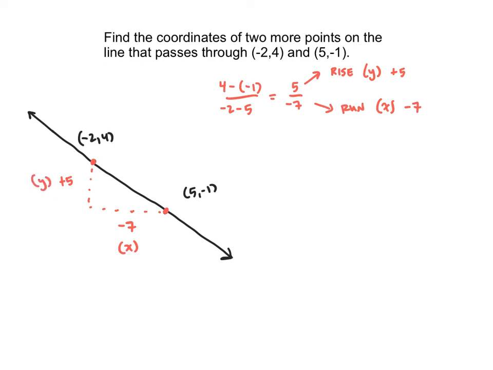So I could do that again, and that would find me a point right here. I don't know what that point would be, but I could do that calculation. And likewise, in the opposite direction, which would find me a second point on that line. Okay, so let's subtract 7 in the x direction and add 5 in the y direction. Well, in the x direction, I'm going to subtract 7. So if I subtract 7 from -2, I get a -9. If I add 5,